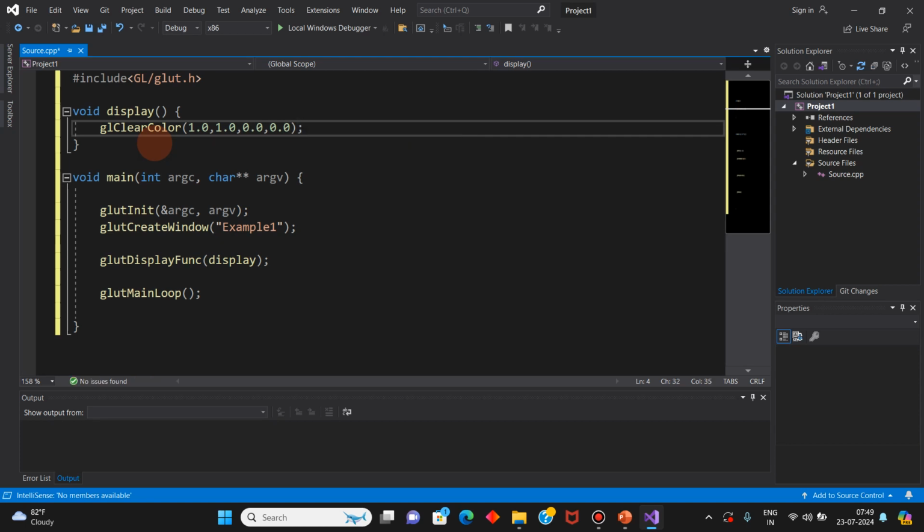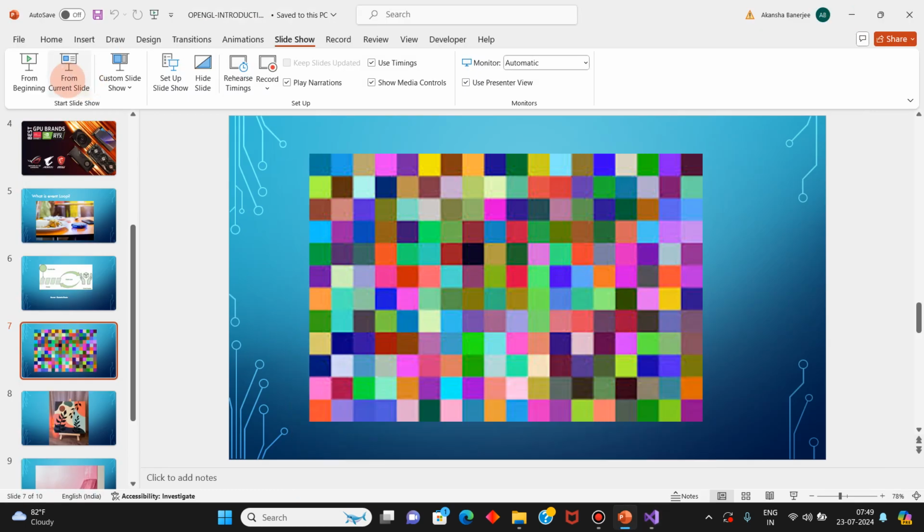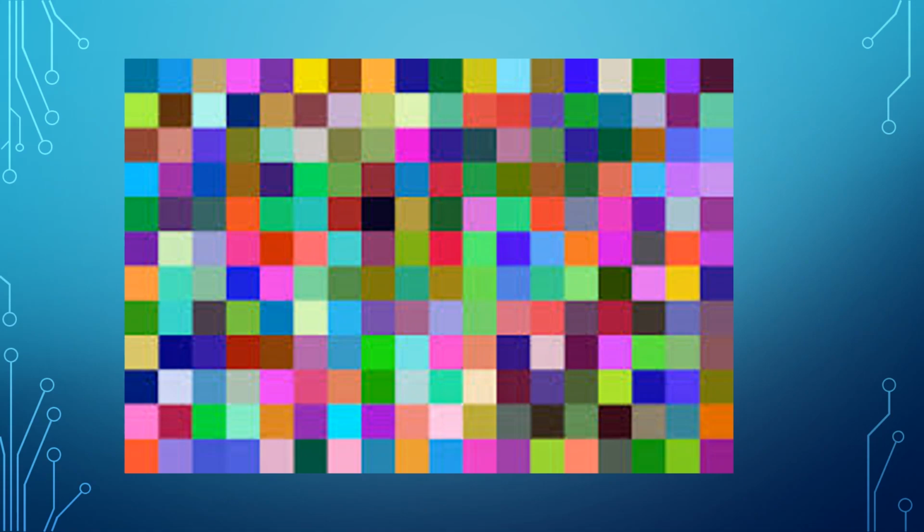Okay, so let's understand what glClearColor does. Your display screen is made up of many dots, called pixels, the smallest dots on your screen. The pixels are stored in memory in the form of an array, a buffer, or a container where the information about which dot has which color intensity is mentioned, and that color intensity is written in the form of RGB alpha values.